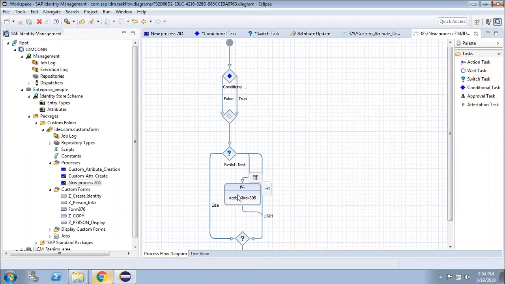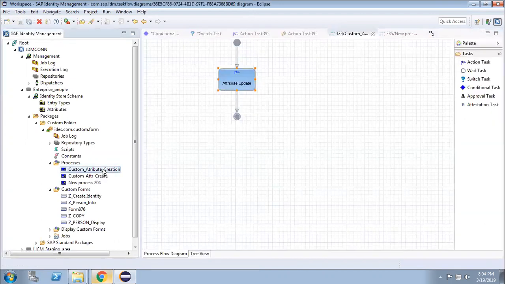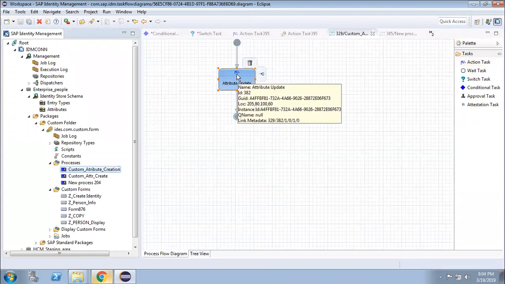Now in the action task, if you open our action task, you will see here the path, script, constant, variable. In the paths, perhaps you have noticed the existing action task. This is one action task. By seeing the logo, you can understand this is an action task.